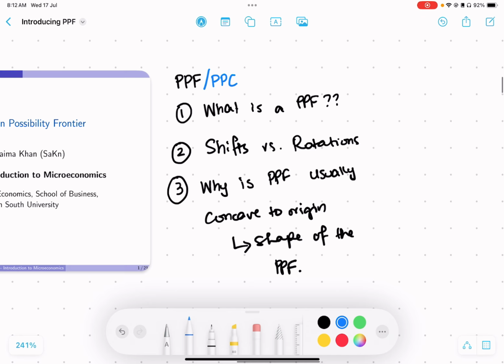We're going to learn terms like productive efficiency and inefficiency. All right. After that, we're going to move on to understanding shifts and rotations of the PPF. So when does the PPF shift and when does it rotate? And what's the difference? And finally, we're going to look at why it is that the PPF is usually concave to the origin? So essentially, I'm trying to understand why the PPF is shaped the way